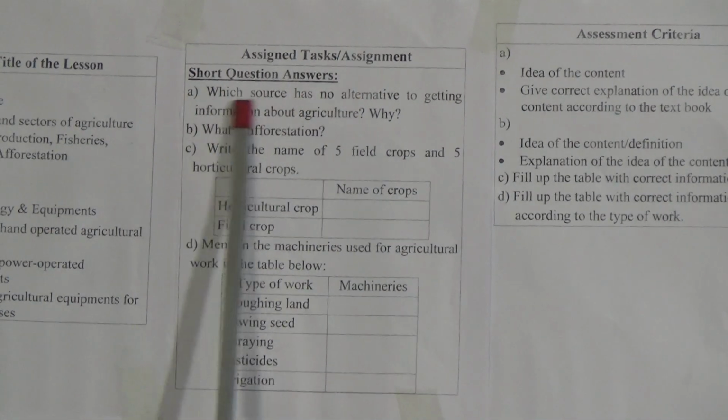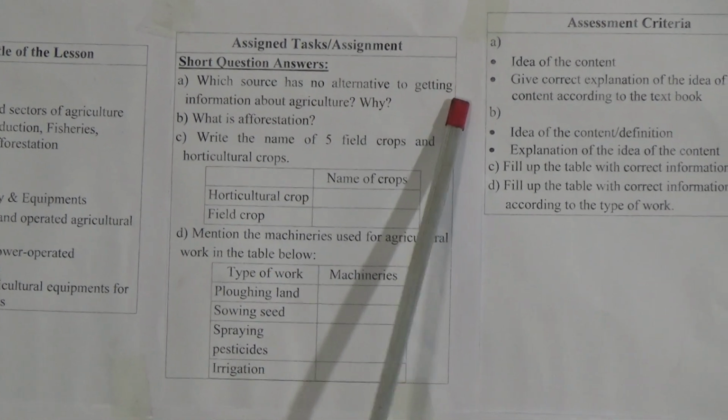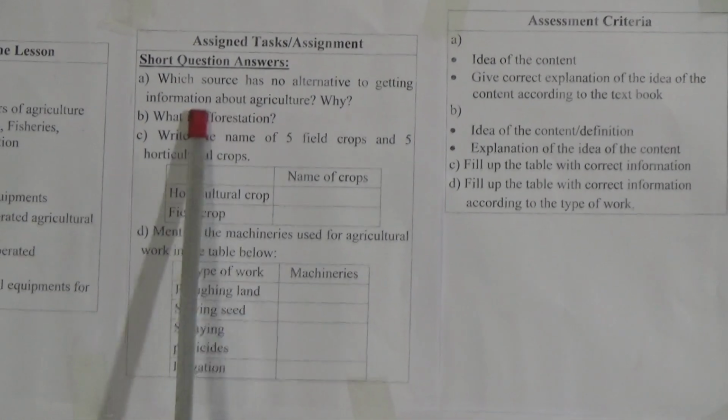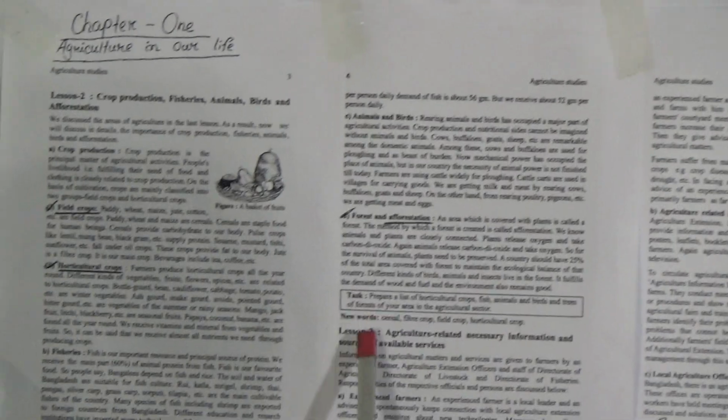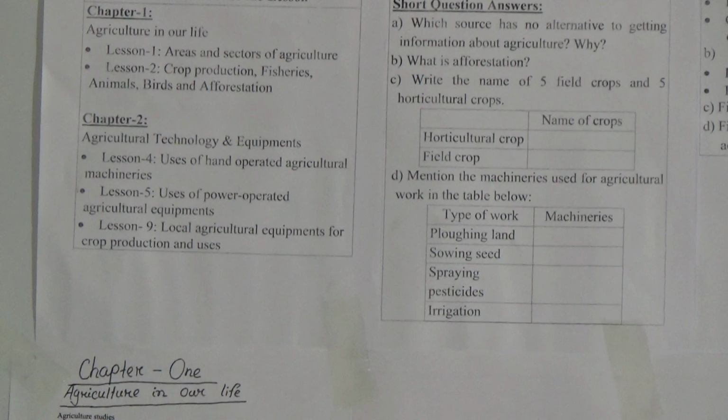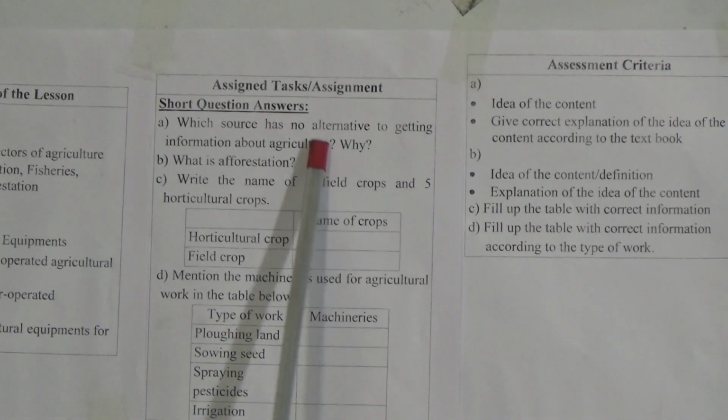The first one is, which source has no alternative to getting information about agriculture? Why? For this question we have to go through chapter 1 lesson 3. And the second one is what is afforestation,